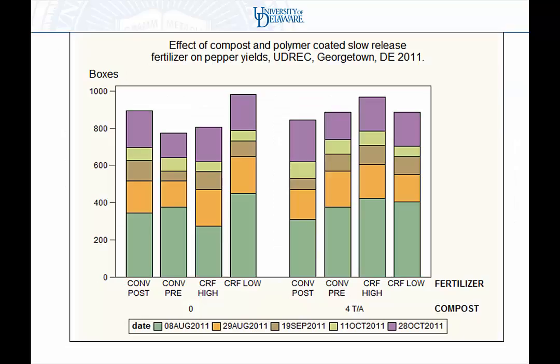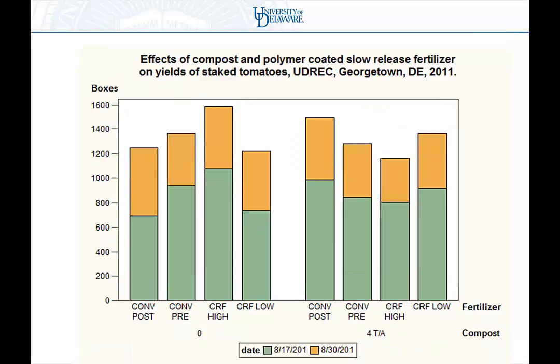Just another way of looking at it. So that CRF low, which has the highest bar, that was our highest yield. We looked at tomatoes. In this case, the 80% rate of controlled release nitrogen fertilizer gave us the best yields and may have been economically beneficial in